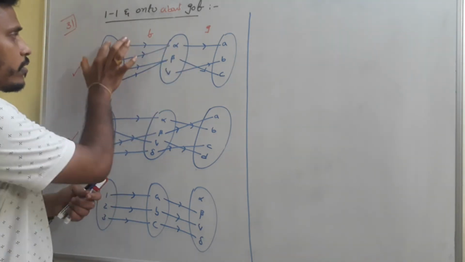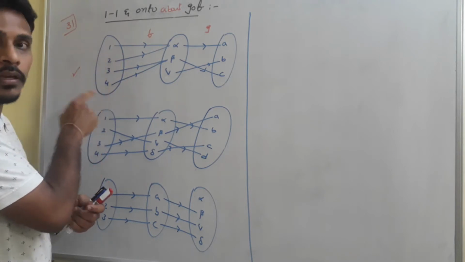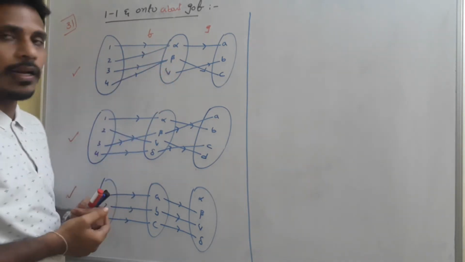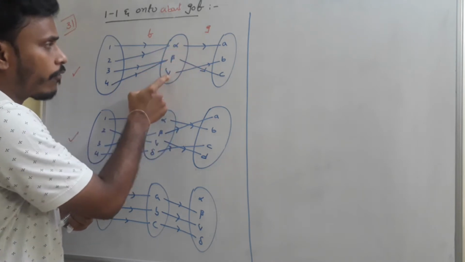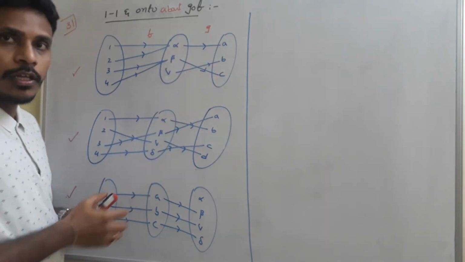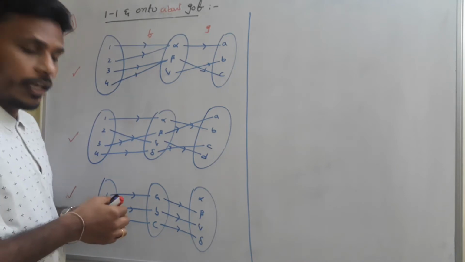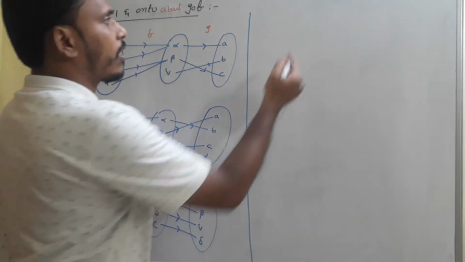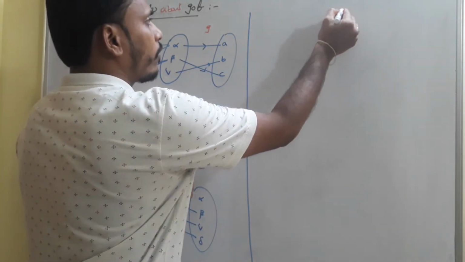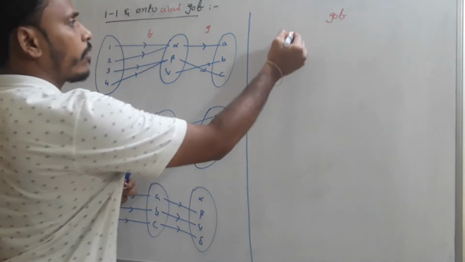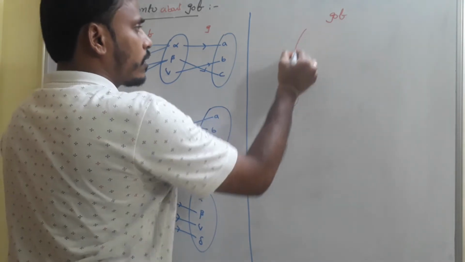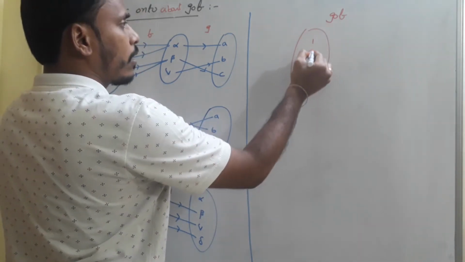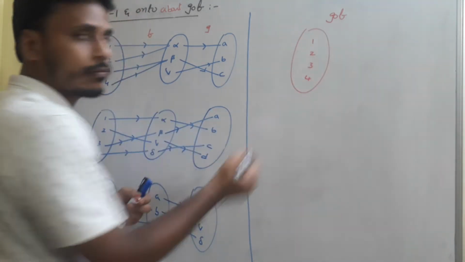G circle F. See, F is a function which is mapping 1, 2, 3, 4 to alpha, beta, gamma. And G is a mapping which connects alpha, beta, gamma to ABC. So based on these two, we need to sketch G circle F. Okay, how will the G circle F be? G circle F is a function. Yeah, just have a look. G circle F is just connecting 1, 2, 3, 4